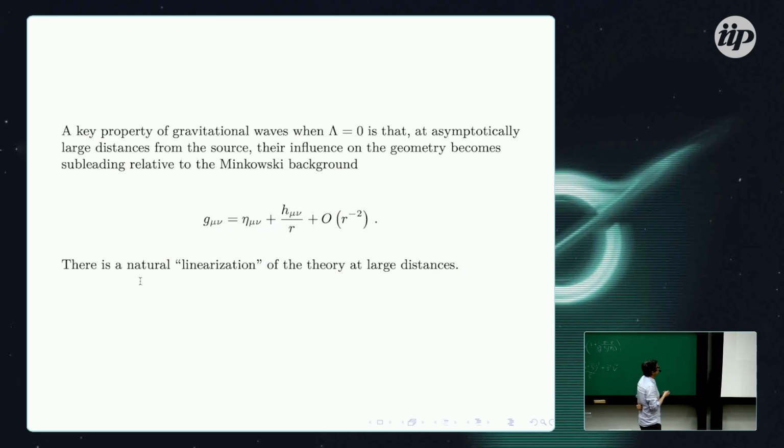Now in the case of when lambda is equal to 0, the gravitational waves have a very important property that in general looks obvious, but it's not. And it's the following, that in general, at very large distances, as we approach null infinity, the information of the wave is encoded in this